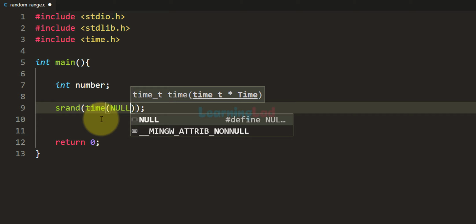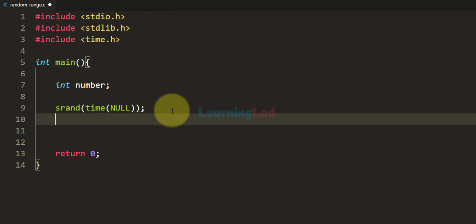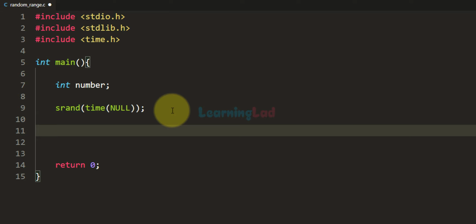We just want to initialize it with a value which will change all the time. If you get the number of seconds elapsed since 1970 January 1, then that value will change every second, so it will be a unique value all the time. That's why we will be using this time function here, which will return that number of seconds elapsed. Now if we want the random number, then we can use the rand function, which will generate a random number between 0 and the value mentioned in the RAND_MAX macro, and that value will change for different tool sets.